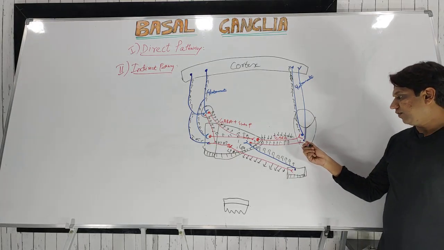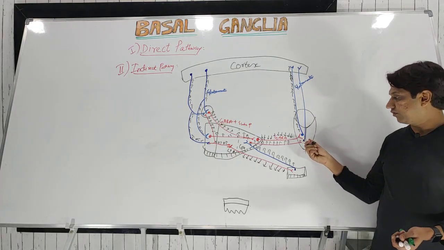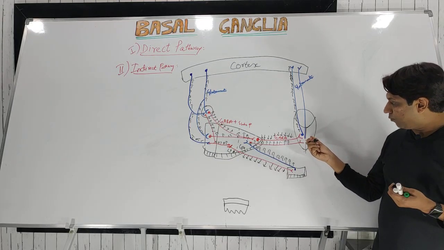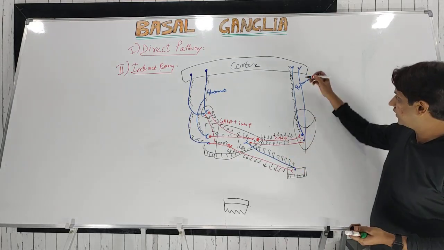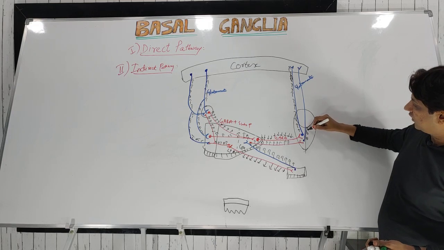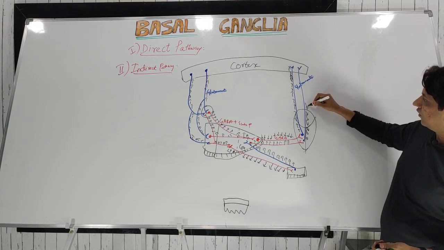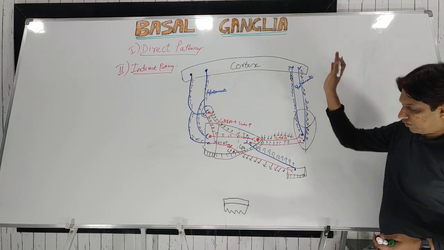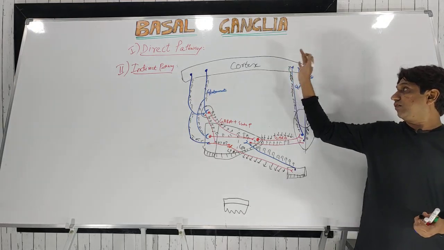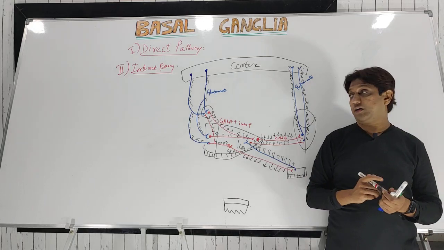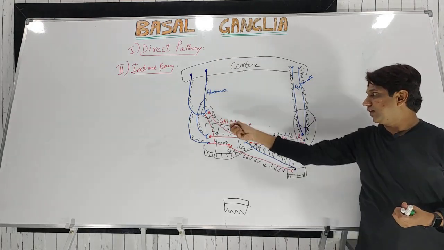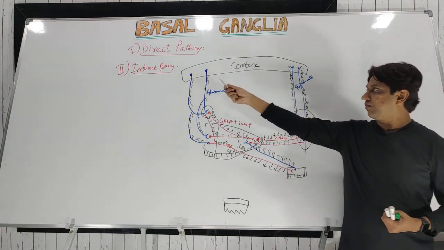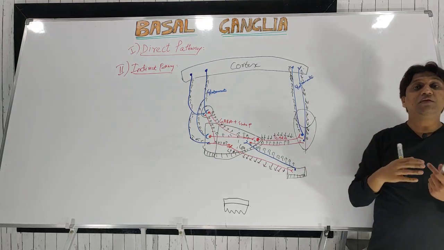Again in the thalamus, this is an inhibitory neurotransmitter. So when there is a greater amount of the inhibitory neurotransmitter, the action potential in these fibers will be less. Ultimately it causes decreased discharge, and the decreased discharge reaches the cerebral cortex. So the direct pathway is an excitatory pathway, whereas the indirect pathway is an inhibitory pathway.